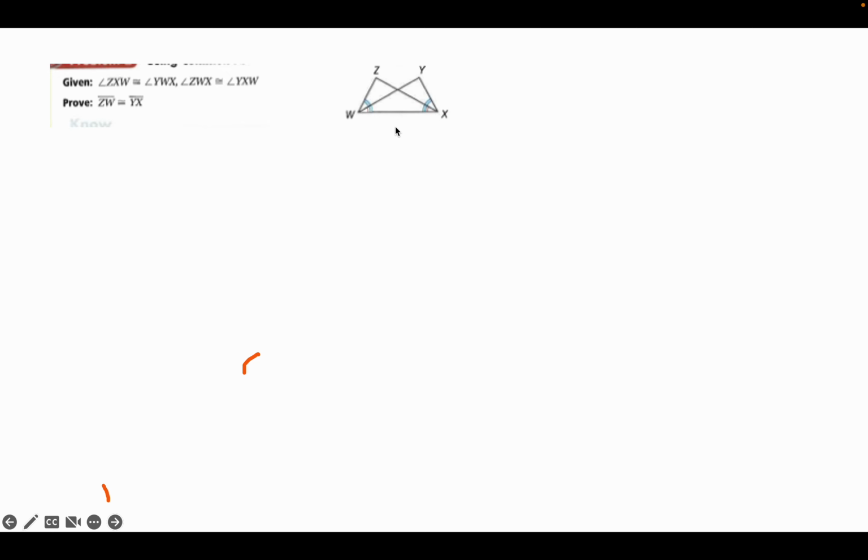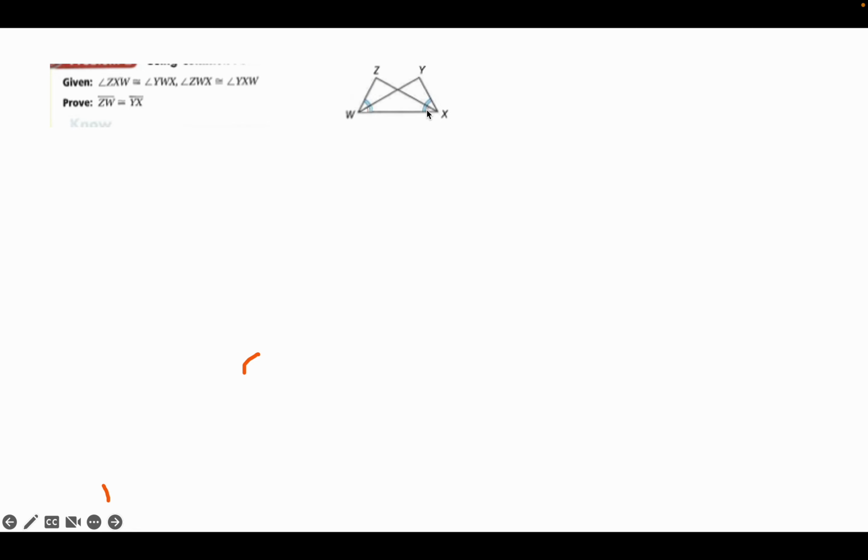This is the shape that we're going to be working with today. Now you can see that it's a little blurry, so it's hard to see. It's overlapping. We talked about how when it's overlapping like this, it's kind of hard to see, and plus it's blurry, that makes it even harder. So we're going to try to read through what is given in the picture, then we're going to redraw down here. It looks like angle ZXW